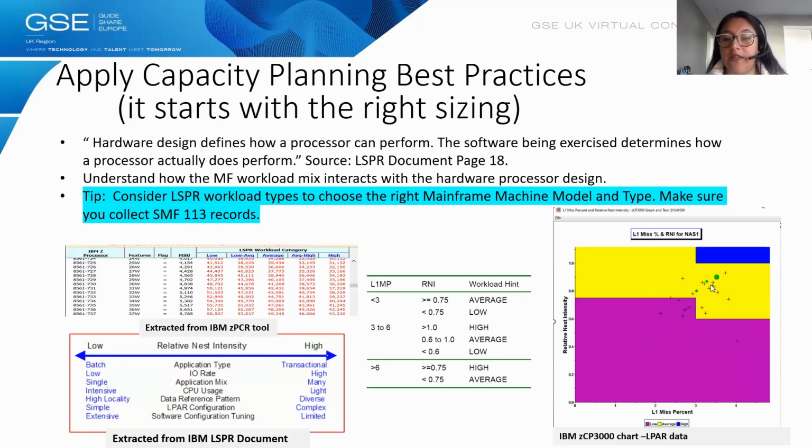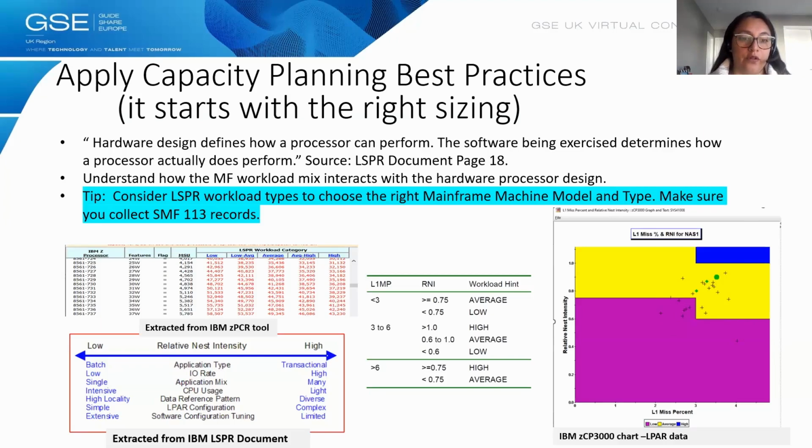And the values here are, for example, the intervals. So in this particular LPAR, we can see that the majority of the workload is classified under average. So whenever I select a hardware or a mainframe machine type and model, I'll select this MIPS capacity table, let's say, to assume that my workload will have all of these MIPS or capacity